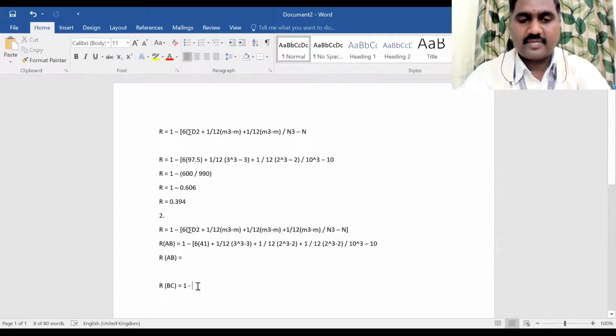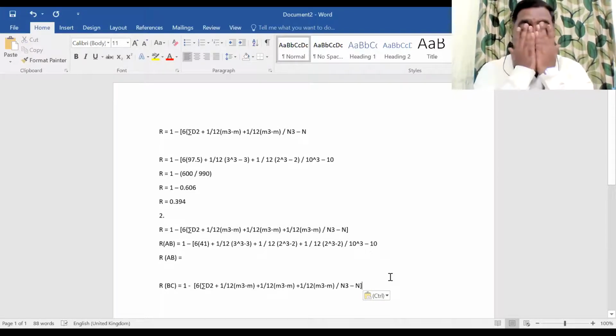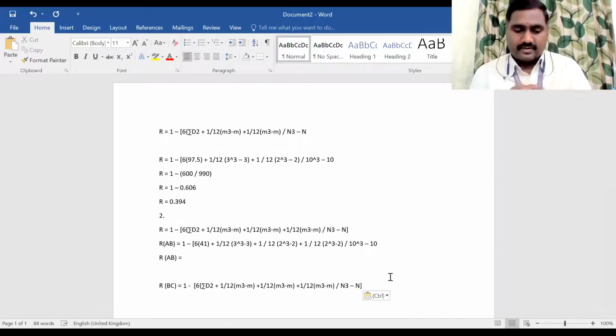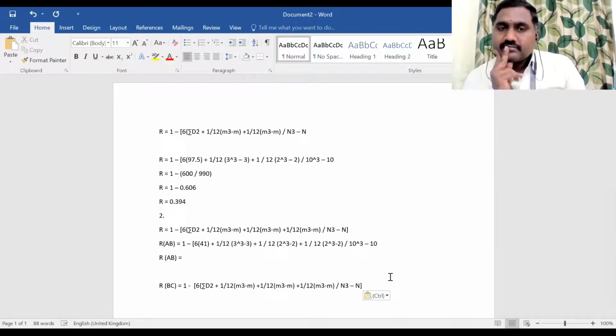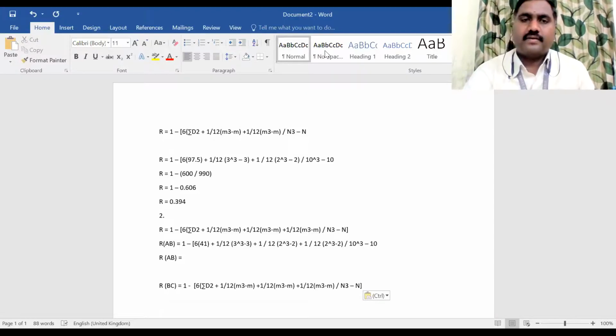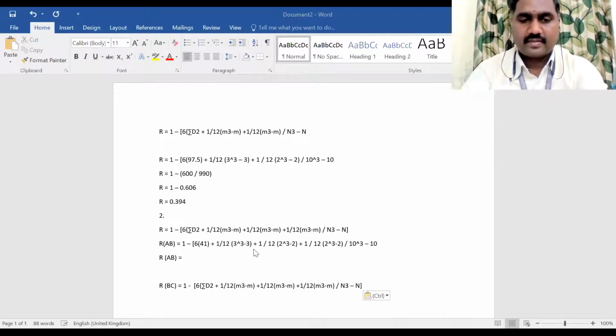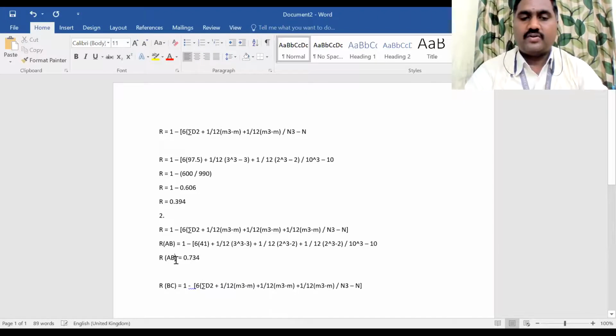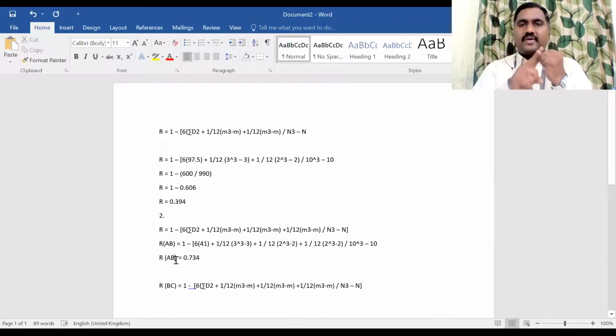And now you people have to tell me. Okay, first work out the R value for judge A and B. What is the value people are getting? So the R1 value will be 0.734. Okay, guys, so the rank R12, that means the rank given by judge A and B, its coefficient value is 0.734. Please make a note of it.